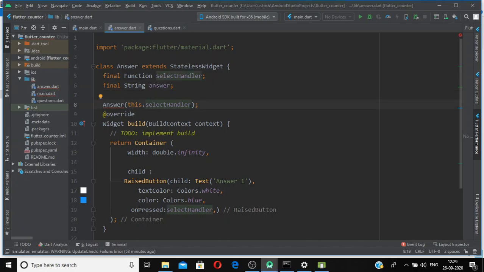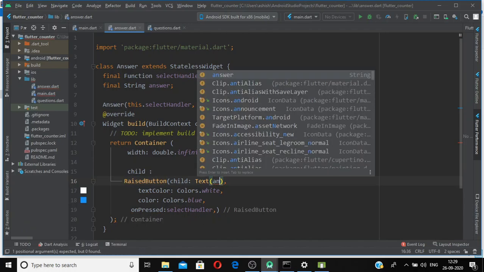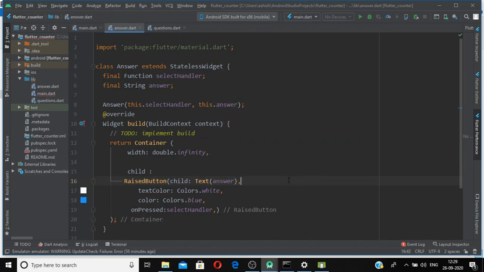Inside this we will have another argument, and we will use this answer. So now we are passing this text, and this text is consumed here, but instead of this answer here, now we will use this answer text. So somewhat our logic is getting ready.